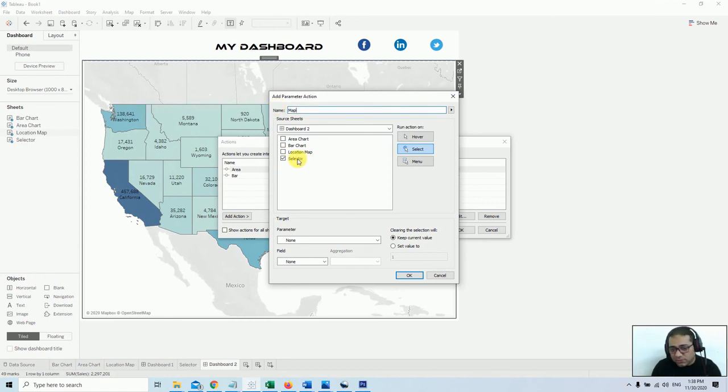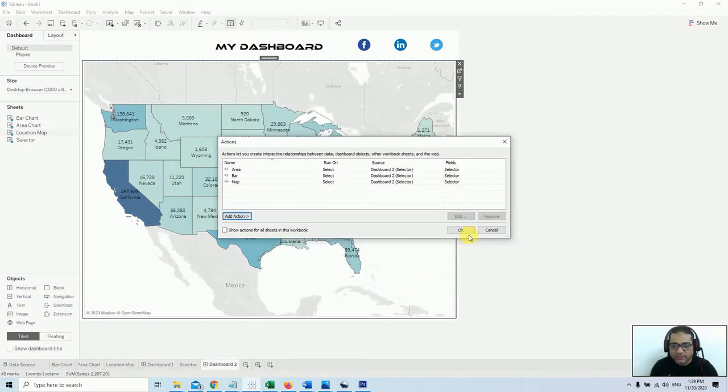You see, I'm only choosing this selector sheet as a source, because whenever I click on these map icons, this container component will be dynamically shown or hidden. Just make sure this is selected, and by clicking on this specific button, we are changing the selector value, the parameter value. Selector is the name of the parameter, and this time I choose map and I say none and hit OK, and hit OK.